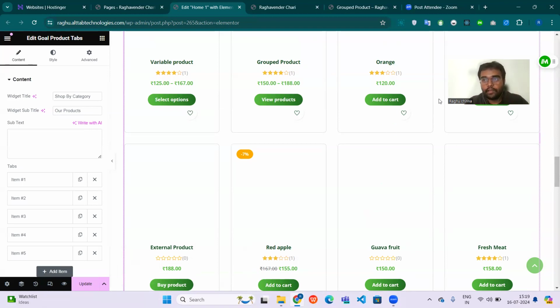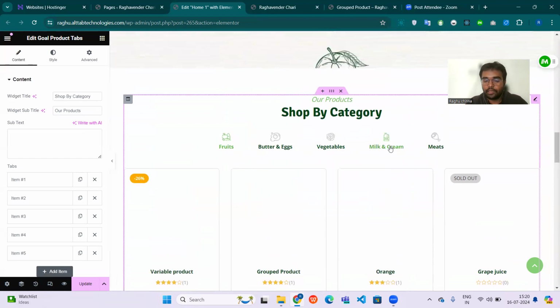So we need to segregate as much as we can. On the home page itself, people will come to the home page and try to search for the product, or if they can see it on the home page itself, it's better, at least in the category. If they want some milk, if we can set up these kinds of categories, that will be a great option